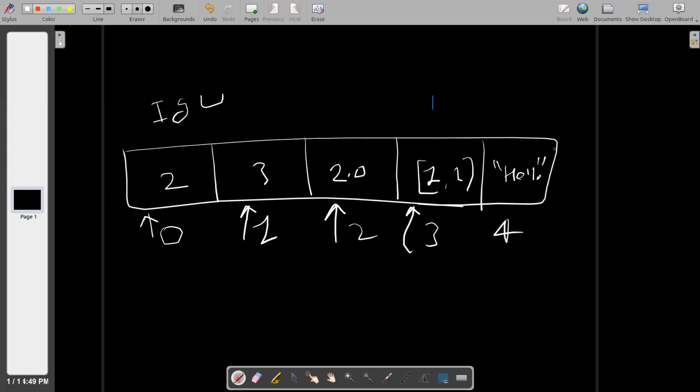So here when you are storing these items, don't think they are an integer or float or string. Think of them as some object, some item. So what is the size of this list? Who can tell me what is the size of this list? 5, right? Because there are 5 items.